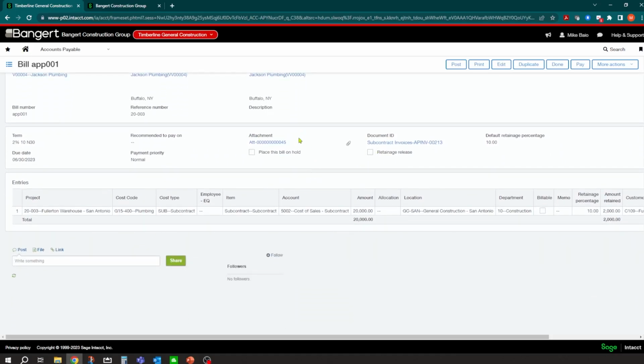Now, one of the nice features in here, especially for collaboration with subcontract management, is you have this correspondence in the system in Sage Intacct out of the box. So maybe someone in accounting has a question on this bill and they want to talk to the project manager about it.